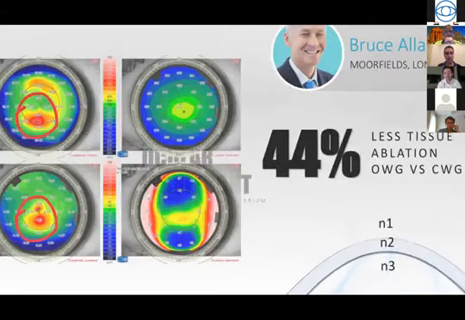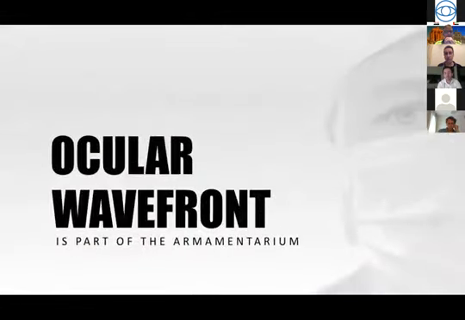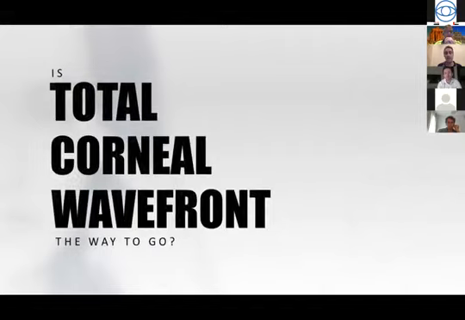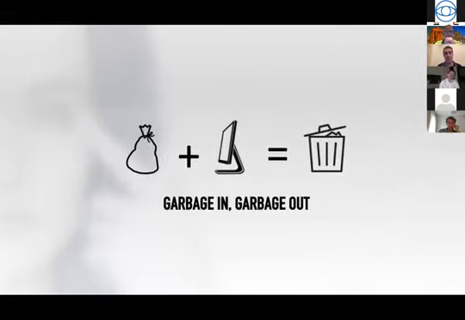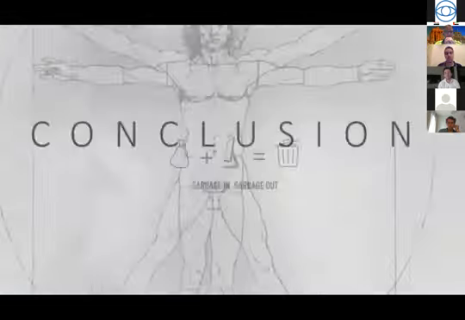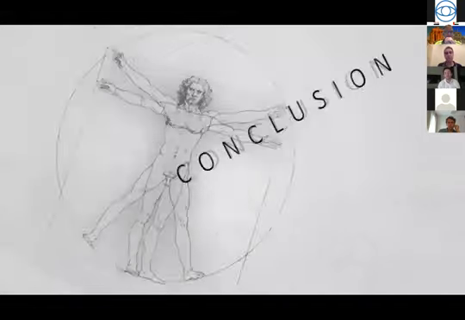Again, this illustrates the anterior and posterior curvature, and they both contribute to coma diametrically opposite. And finally, wouldn't it be nice also to have total corneal wavefront guided treatment? That is possible only with OCT, because with Scheimpflug, it's garbage in, garbage out. You have a good acceptable measurement, but you cannot rely on it in very irregular eyes, the very eyes you need to treat. So finally, as a conclusion,